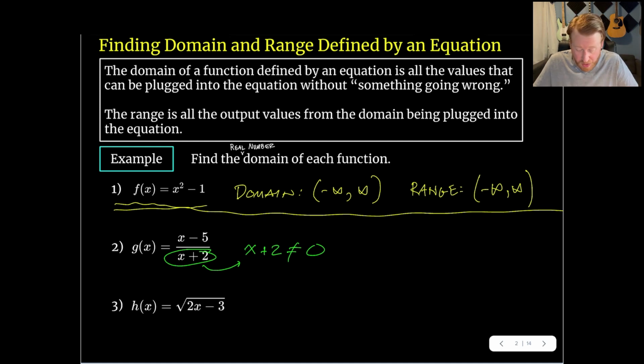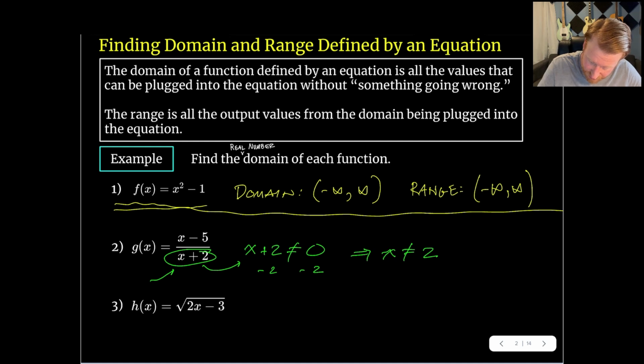So in your head, you could probably already think what number that would be, but setting it up in this very direct way, with a non-equality, x plus 2 can't be equal to 0, means that we can then subtract 2 from both sides, and we would get that x cannot be equal to positive 2. And I think that, negative 2. X cannot be equal to negative 2. Because if we plugged in negative 2 here, then we would end up dividing by 0, and that would be bad. So the way that we would write the domain here